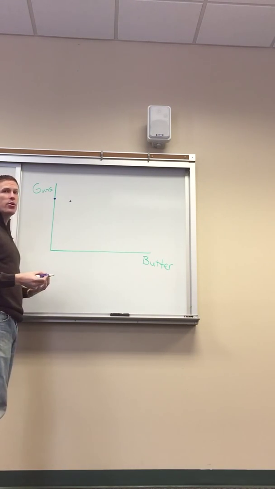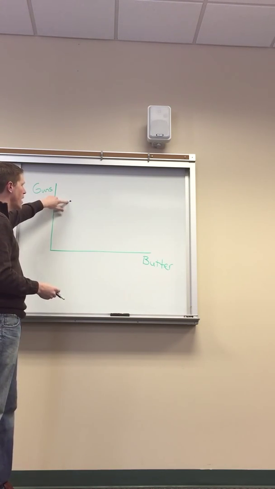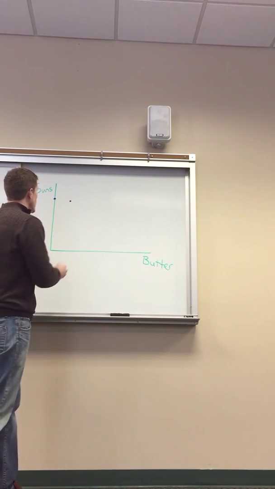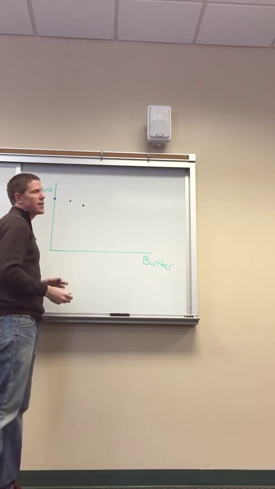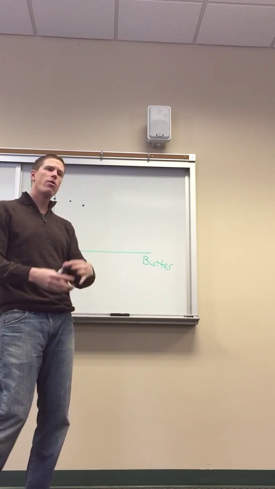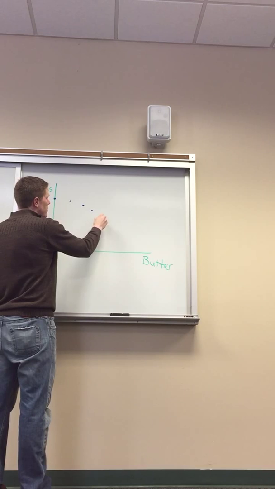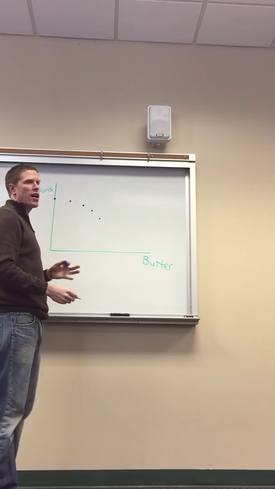And then we could keep doing this. Hey, let's produce a little bit more butter than that. Well, then we're not going to be at quite this height of guns, right? And we're not going for exact points. It could be shaped a little bit different than this. What we're going for is just the theoretical concept. So we would keep doing this and keep doing this, and lo and behold, we could get to a point